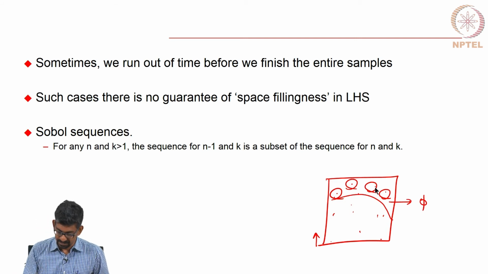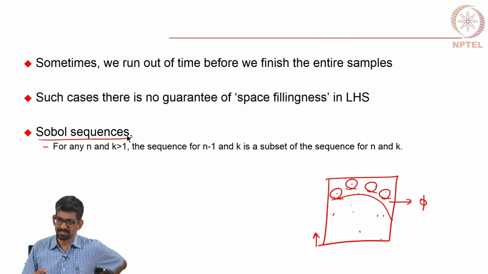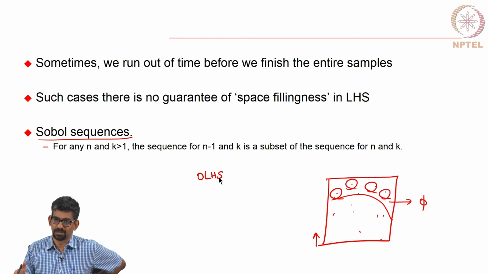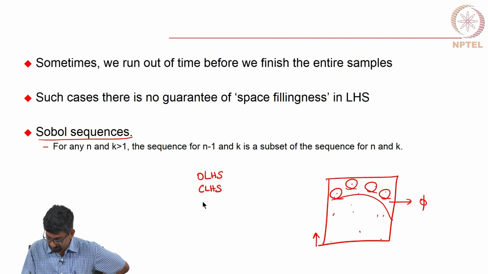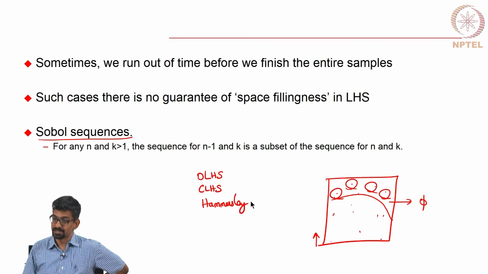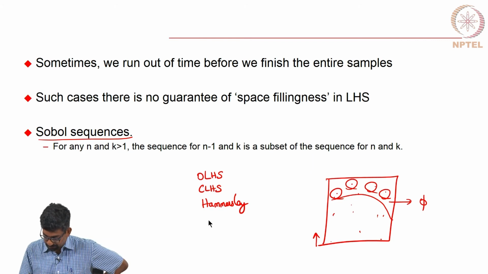Instead, in such cases, what you can do is there is something called Sobol sequence. There are multiple other options. LHS is widely used, so we are talking about it. If you go to MATLAB, there is also an optimal Latin Hypercube sampling. This is a better way of doing this Max-Min algorithm. Okay. There is also a constrained Latin Hypercube sampling people do. Okay. Hammersley. There is something called a Hammersley sequence which you can use, and